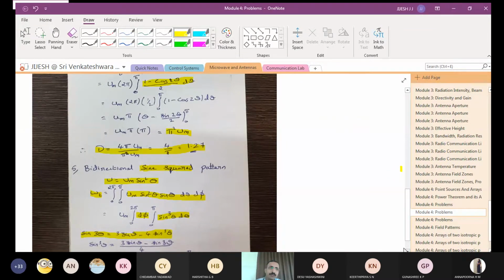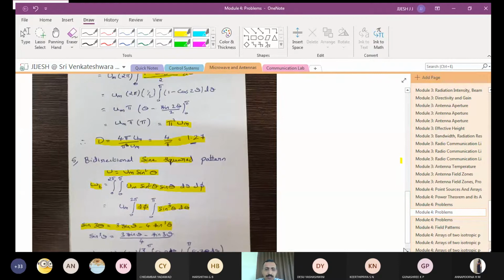So here we are going to find out the directivity. So anyone of you have completed the answer for Wt, just let me know that who has completed it already. Already we have done for sine cube before as well. We have done sine cube integration. So the same method you can use it here and simplify that.